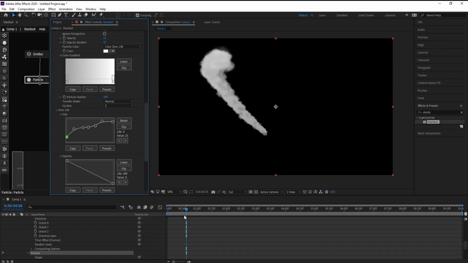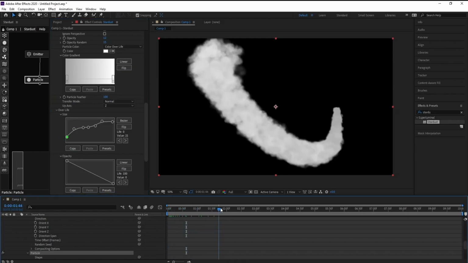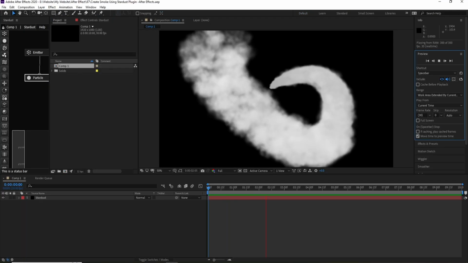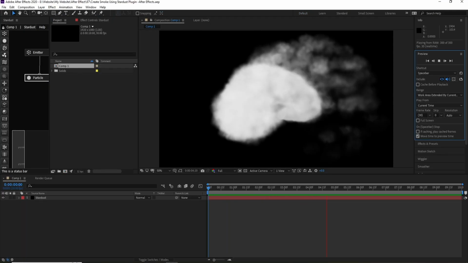Also first of our smoke, yeah, I think this is good. Okay, this is our